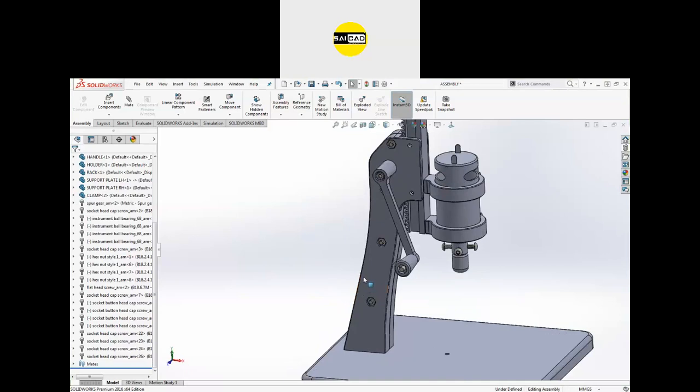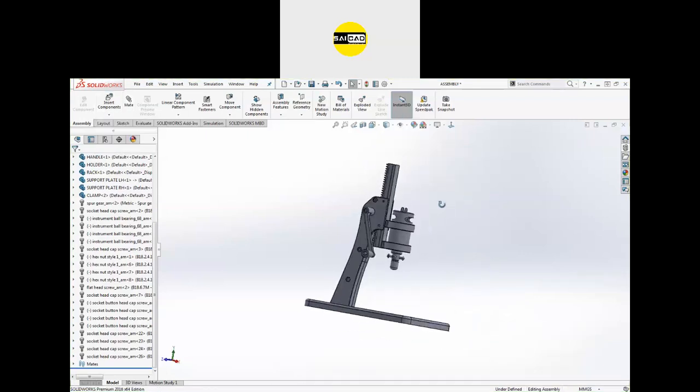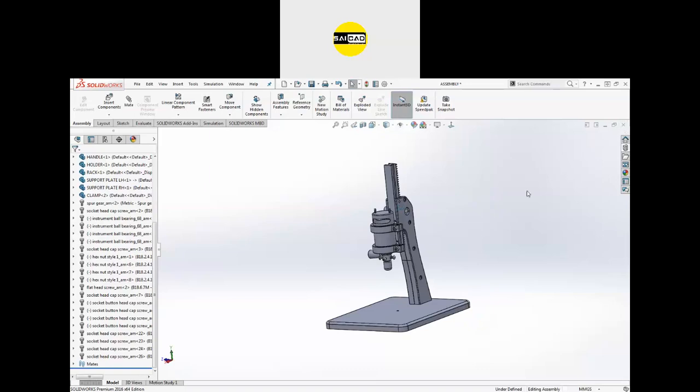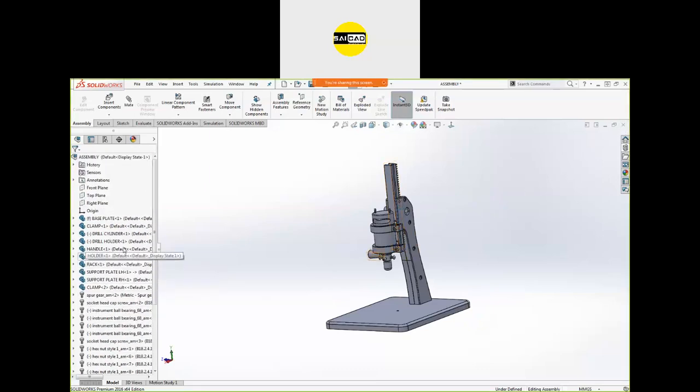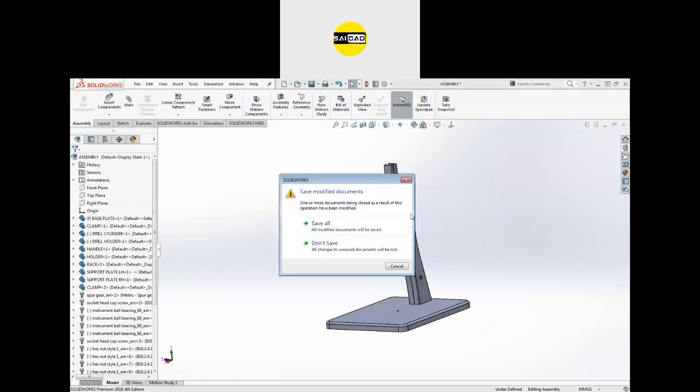Okay, so next, we have covered the basic mates, the standard ones. We have covered the insert option, and the copy with mate option is here. We can create a new assembly from here also. We can create a new part from here also. So we can use an assembly in an assembly also. Like I want to import a new assembly. I think I have created some other part.